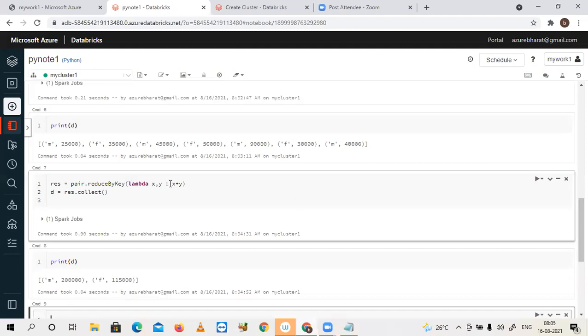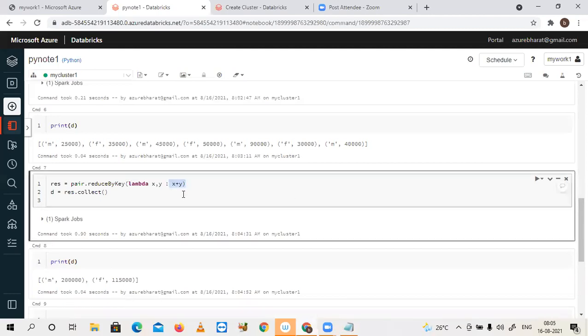Suppose I want a max, how to apply max within this? Not x plus y. You cannot say x plus y. You have to say some other, different notation. I want average. This kind of x plus y will not work out. You cannot say x plus y by n. The coding style is completely different, not like other languages. So in PySpark or Scala, we need to follow the same kind of functional programming style. Okay, don't worry, step by step I will bring you.